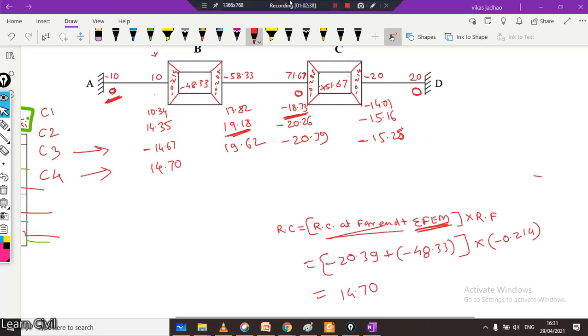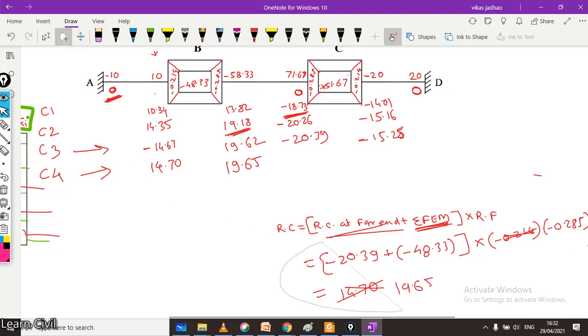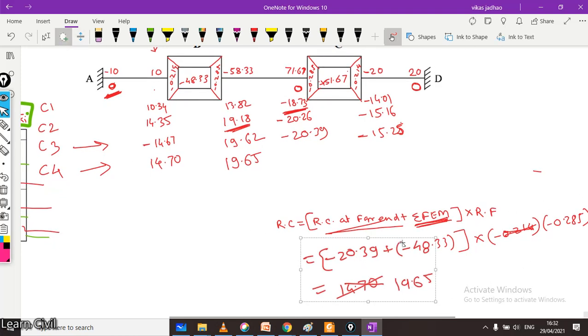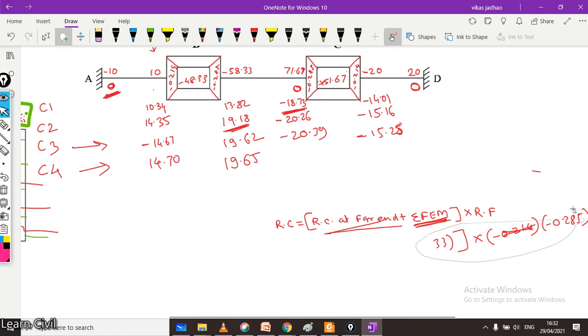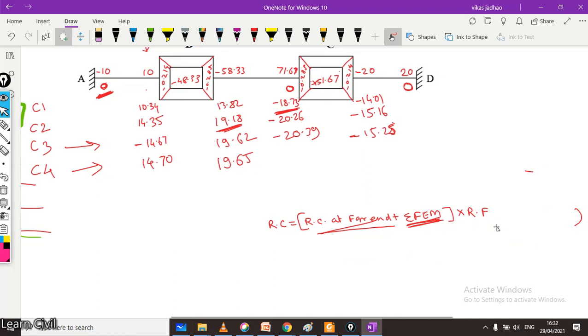Again we have to calculate the rotation contribution for BC. The formula will be same, only the rotation factor will be changed. It will be minus 0.285, and the answer will be 19.65. Just write down this here, 19.65 like this. Similarly, we have to again find out the rotation contribution for